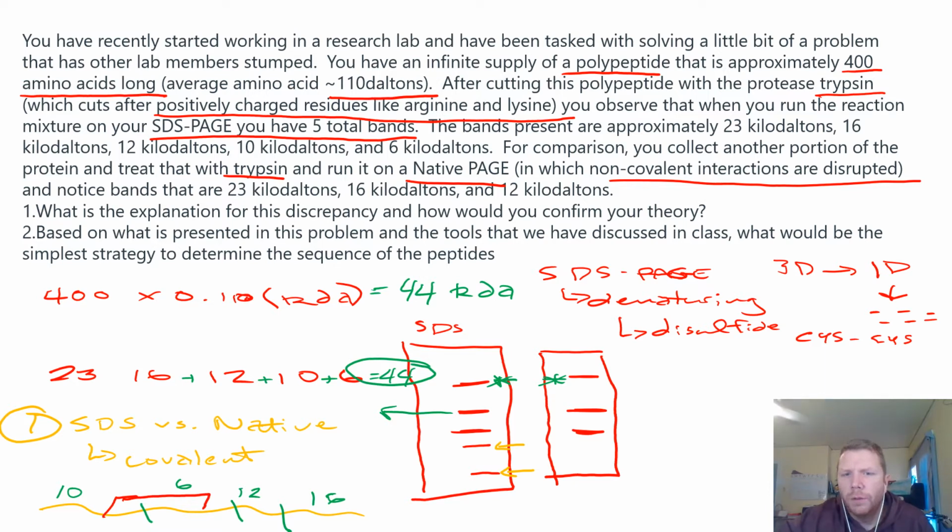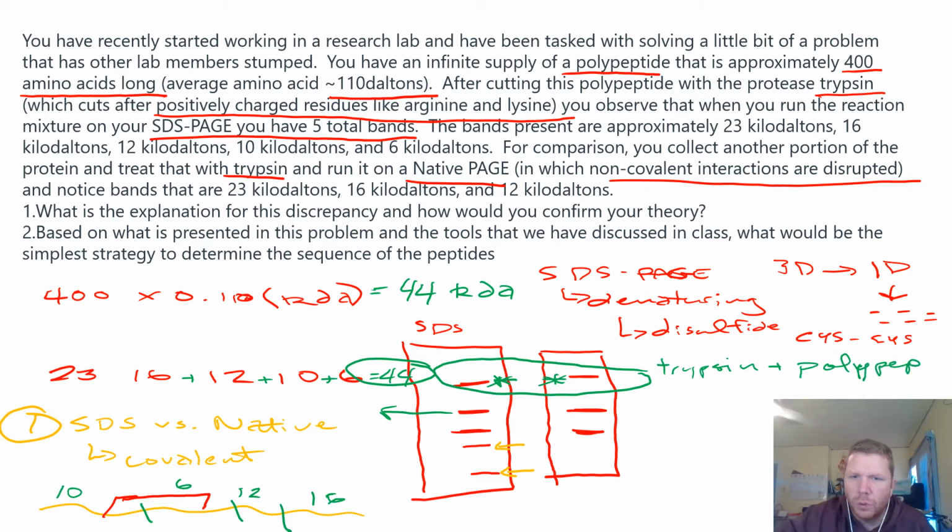Okay, now this 23 kilodalton protein, where the heck is that coming from? Well, let's think about our mixture. The experiment that we basically ran was trypsin plus our polypeptide. So this 23 kilodalton band is trypsin. Now that means the rest of these are our 44 kilodalton polypeptide. So this 16 kilodalton band, well, we got a 16 kilodalton fragment,